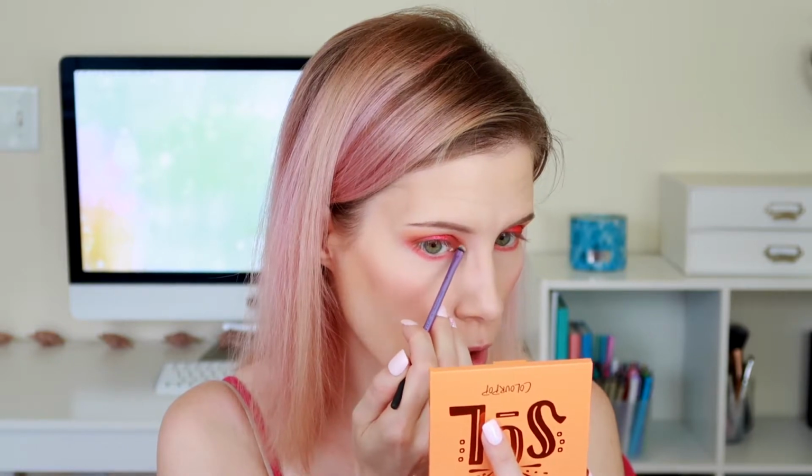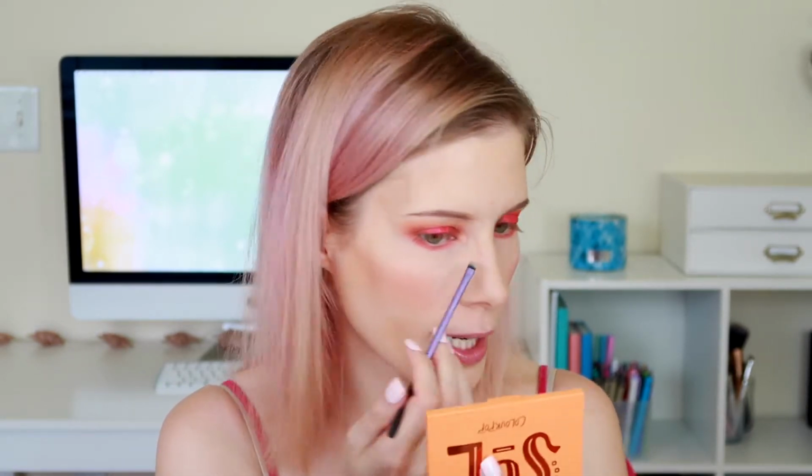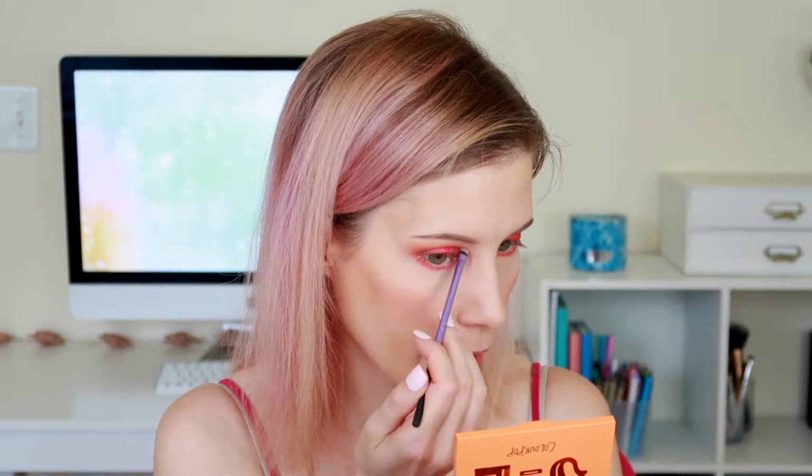This is B&B. It's kind of like a soft coppery champagne-y highlight. Like, if copper and champagne had a baby, it would be this color. See how pretty that is? It doesn't look like a highlight, but then you put it on and you're like, yes, you were born